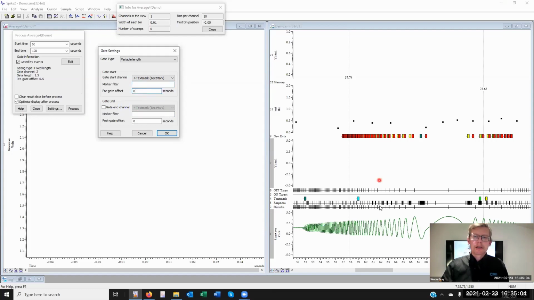Now, if I want to process everything inside the gate, that is from the blue to the green, I have no pre-gate offset and I have no post-gate offset. So gate end channel is number 4 and no marker filter again. So if I say OK to that,